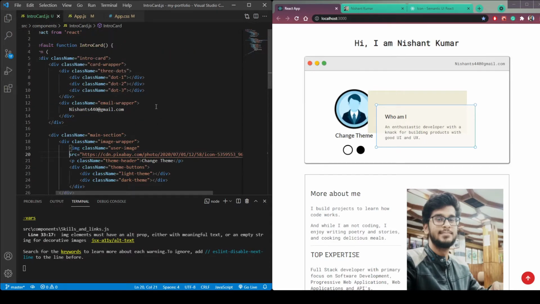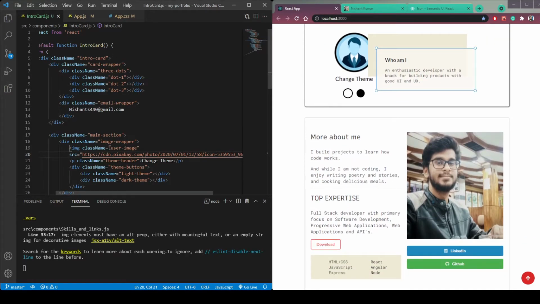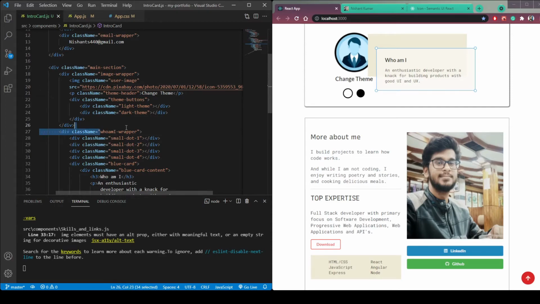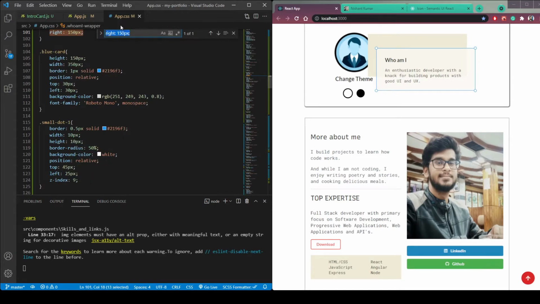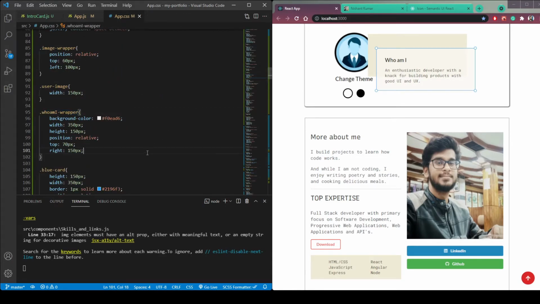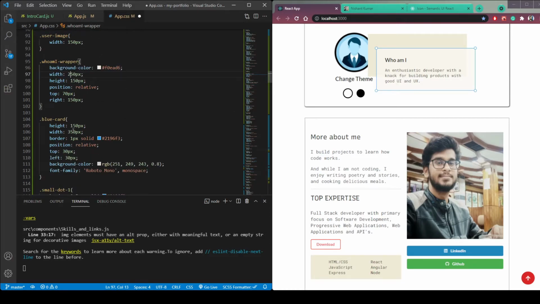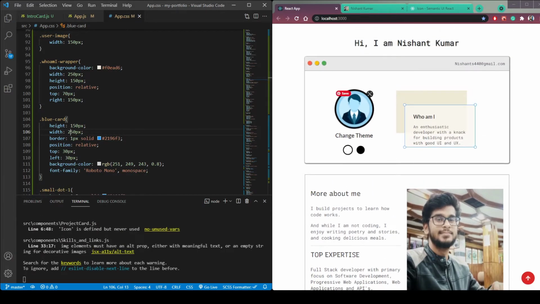Now in our intro card, let's decrease the width of this whoami wrapper. So copy this whoami wrapper and here paste. Let's search for it. Make the width as 250 of both blue card and whoami wrapper, or let's try 300. Okay, 300 is fine, so make it 300.